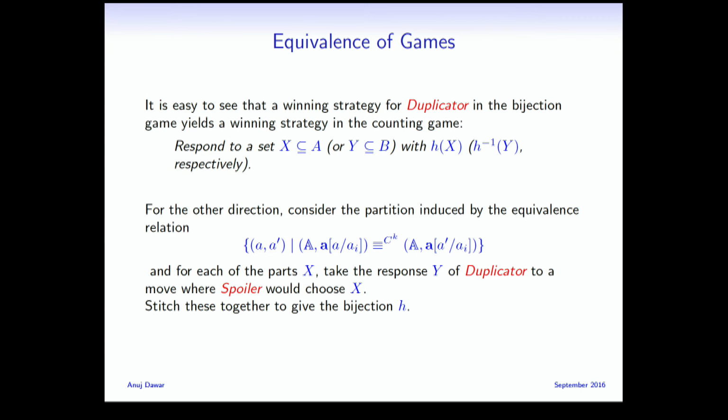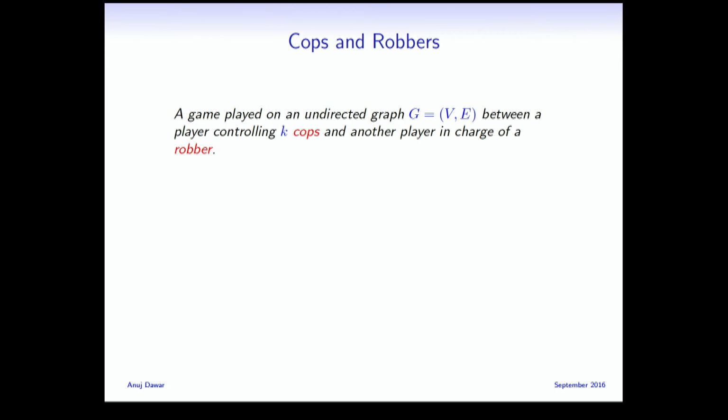So this is the tool for showing two structures are equivalent. Remember what we're after. There were these systems of equations we constructed from a graph. The assumption is the graph has tree width at least k. And what I'm going to use is a characterization of tree width in terms of cops and robbers games. I'm not going to tell you why this is a characterization. I'll just use the cops and robbers games, and I'll just show you an example of a graph where this works. So you don't need to know its equivalent, but it's just an interesting fact.